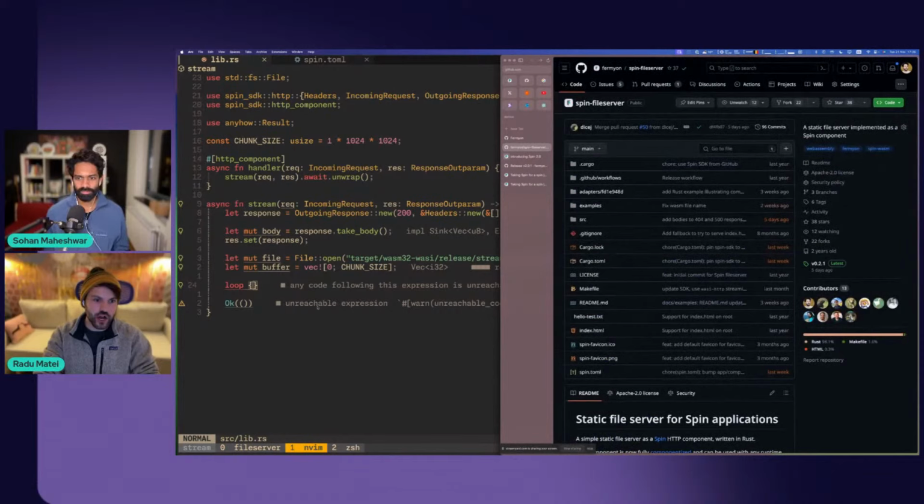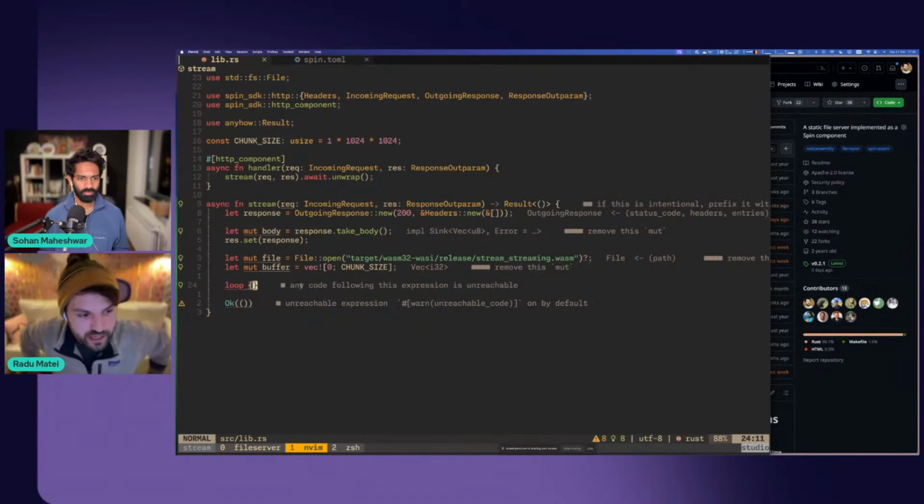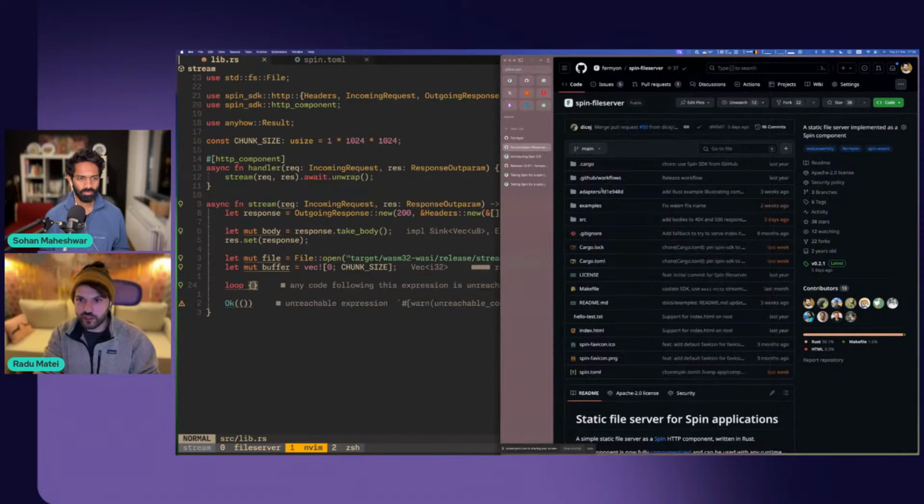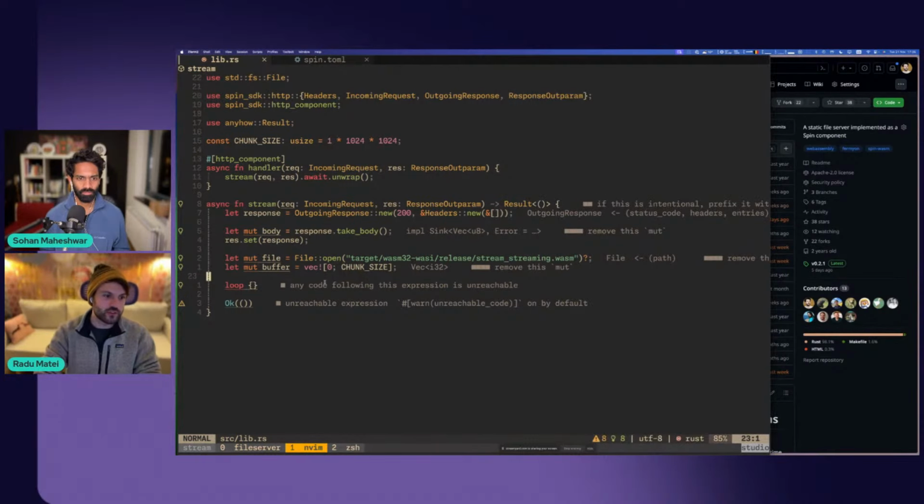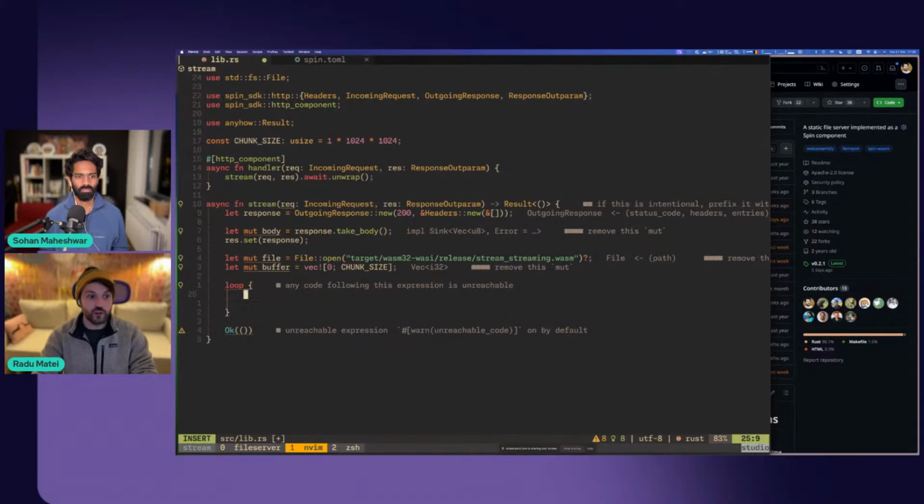You're not supposed to do this manually; you can just have a look at a pre-built file server component. But if you do have data that is amenable to streaming and chunking and sending chunks back, then